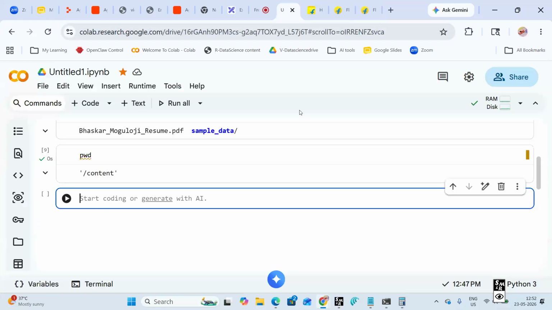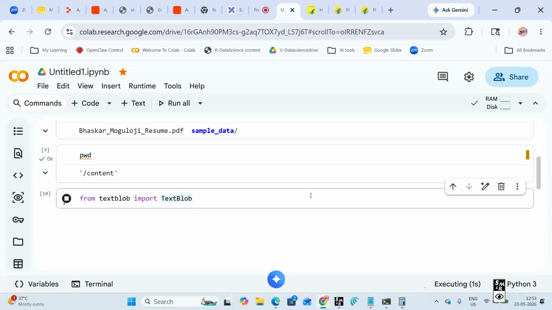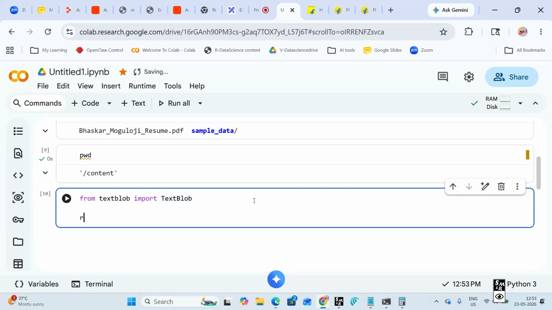in Python there is a package called TextBlob. From textblob I have imported TextBlob. TextBlob is a package that understands sentiment. Looking at the sentence, it understands the kind of words used inside the particular sentence, the review. So I'm creating a variable called review.